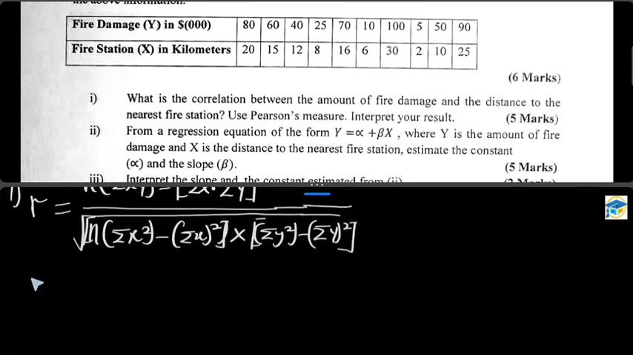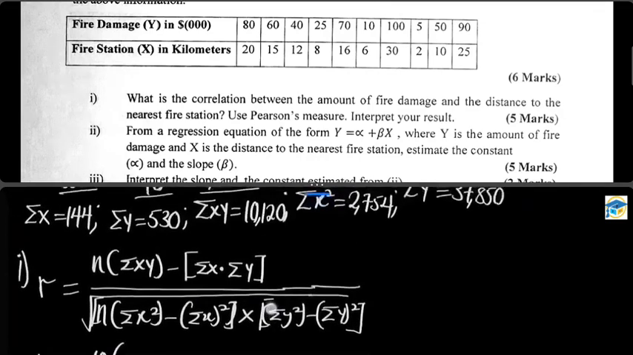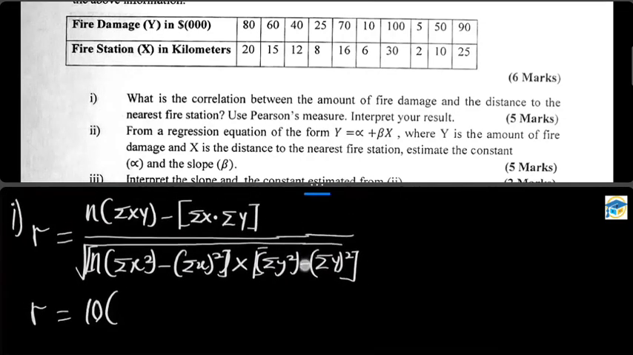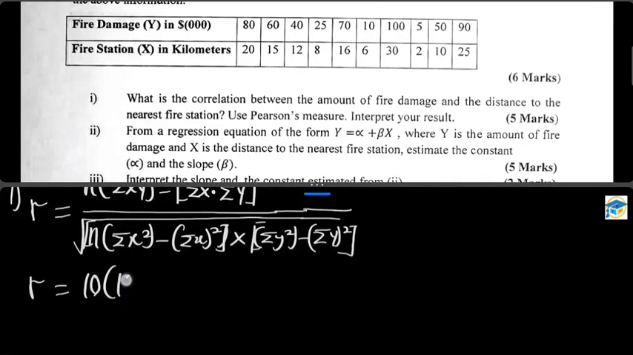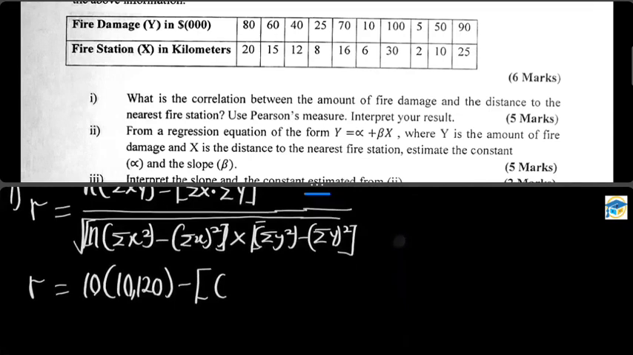So r should be equal to, on the numerator, 10 into bracket summation xy, which in this question was 10,120, minus, have your bracket open, summation x, which in this case was 144, and summation y was 530. So you have here 144 multiplying